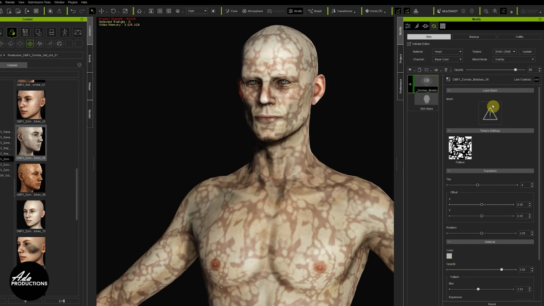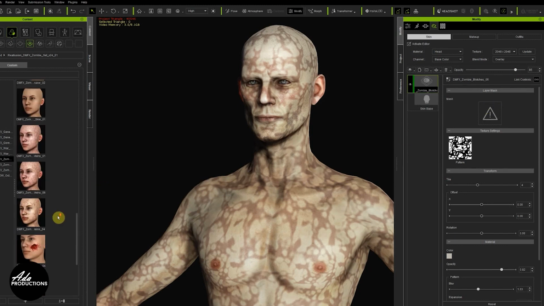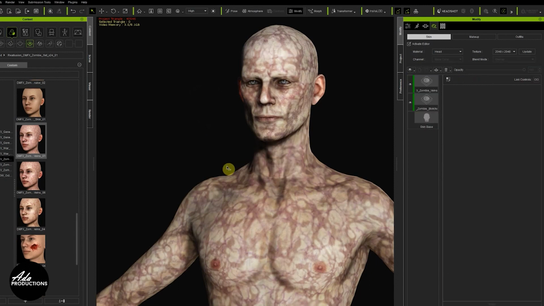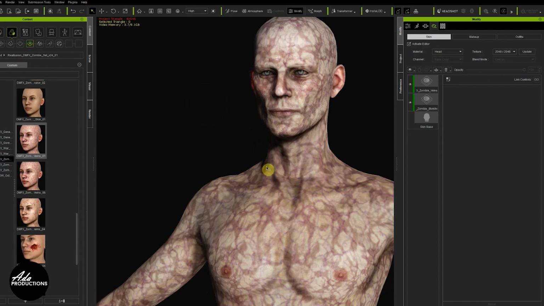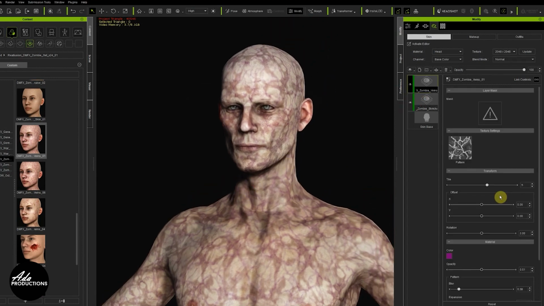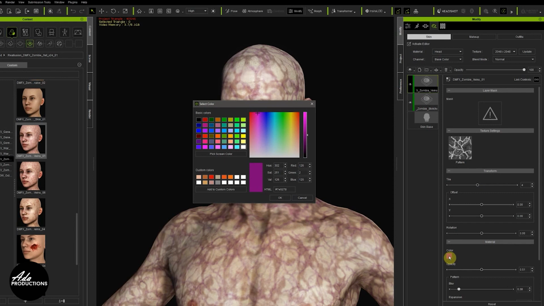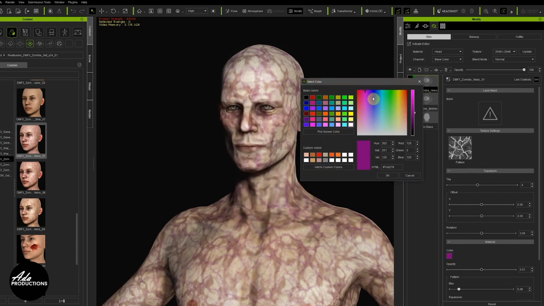So what I'm going to do is then take the veins layer. I'm going to drag that over the top. I'm going to add it, not replace it. Already looking pretty groovy. So again, we can choose to change the tiling on that. We can change the color. So I just left mouse click and I could make this a bit more of a blue vein. It kind of works. Could make it a bit darker. Green. So